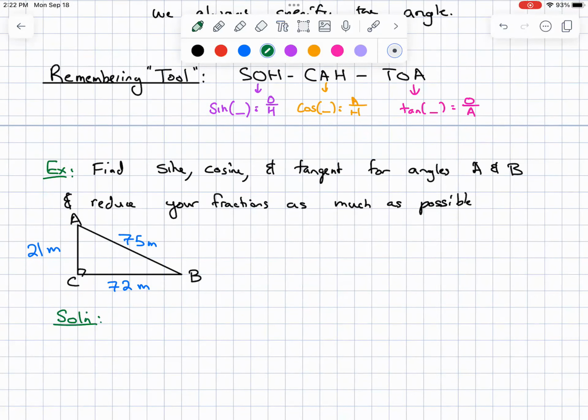So with this one, we're going to have to find sine, cosine, and tangent for A and for B. Since you have to find them anyway, you could just find the adjacent and opposite sides for angle A and then find them all. But I think that's actually going to do you a disservice instead of being able to look at the triangle right off the bat and figuring out which one's which. That being said, you can totally list them out if you want. But for angle A,